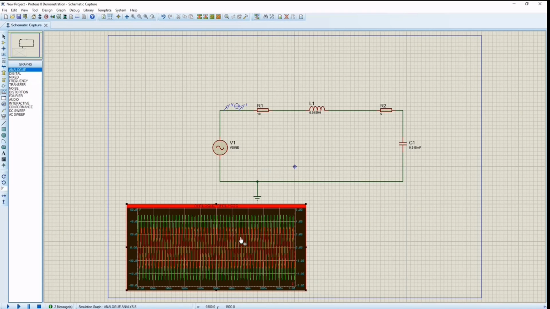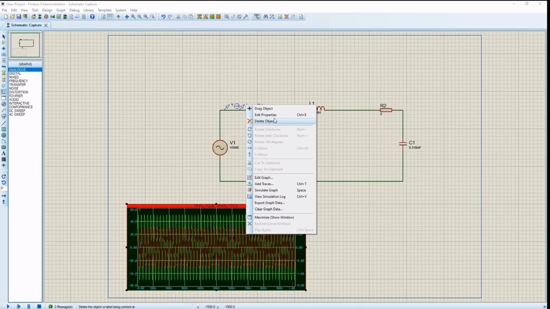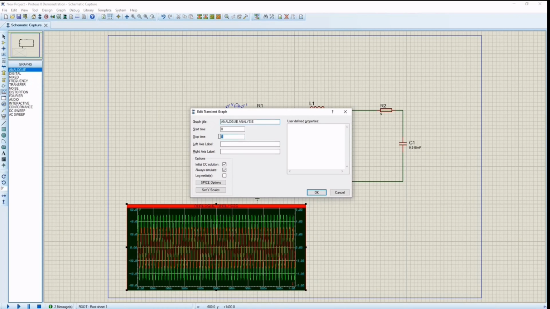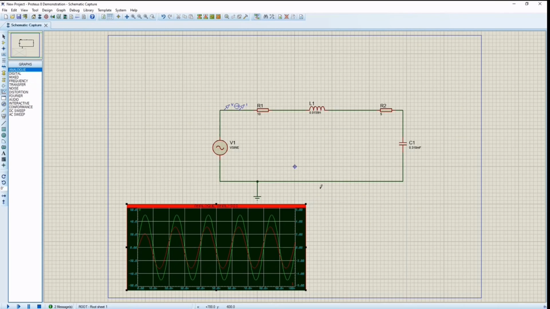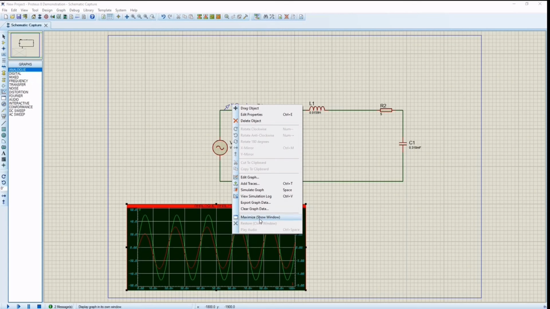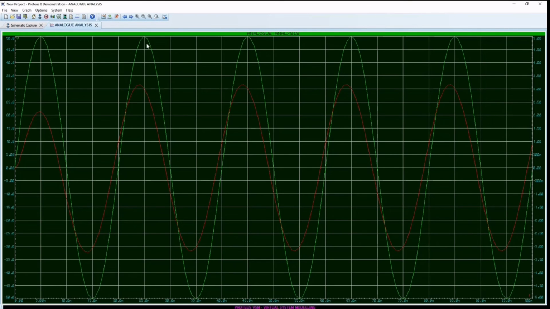We can edit the properties, and we use 100 milli for the stop time, and we can see the graph much better now, and we can maximize the graph, and we can see the voltage is 50,